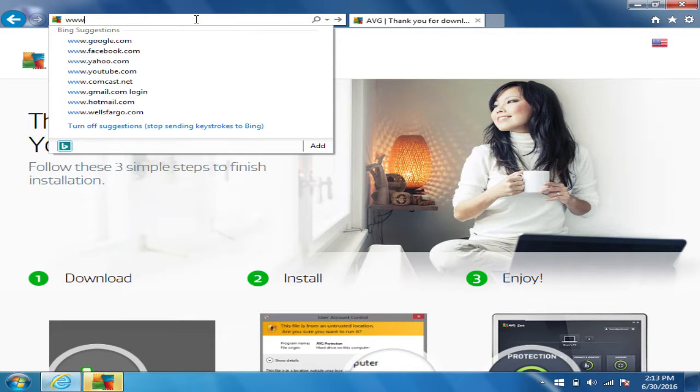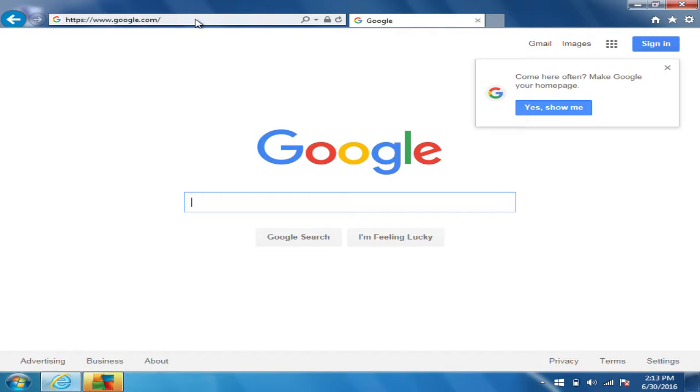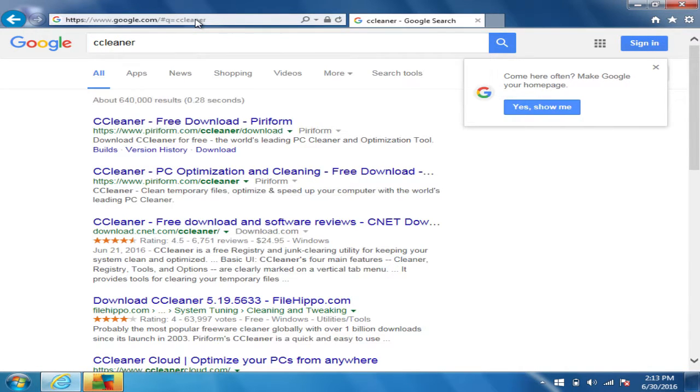So you would just want to go to Google and search for CCleaner, one of the first programs I just mentioned. This first link here is the one you're looking for.